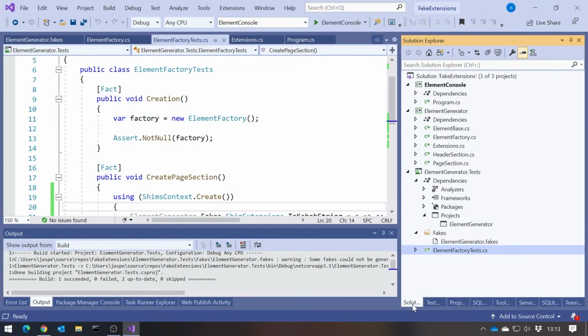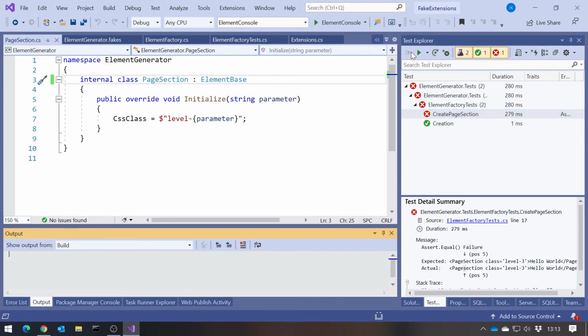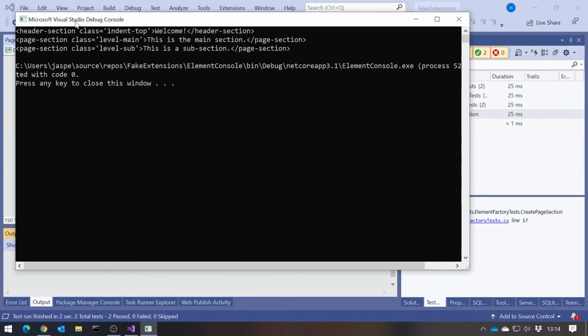So it's actually a bug in some other part of the code, even though it looks like a bug in the toKebab. And in fact, I can now show you what I did to break it. In our page section, I deliberately misspelled the name of the class to have a lowercase s in there, and that's why it wasn't working correctly. So if we change that back and just do a rename, now we should see when we run the tests that we're getting green lights there, and so it's correctly generated that. And when we run the program, we're back to getting page dash section.